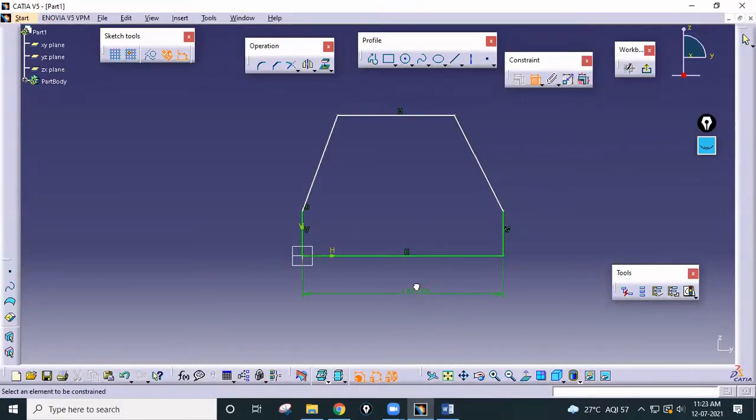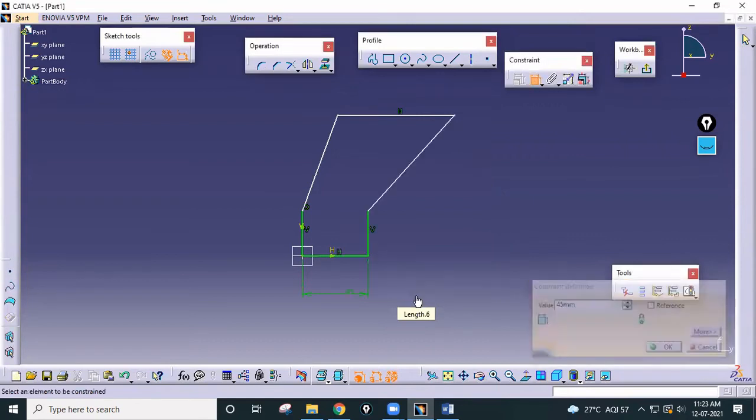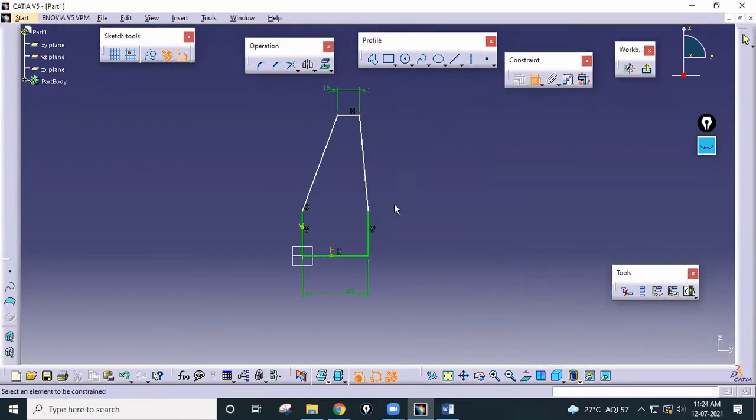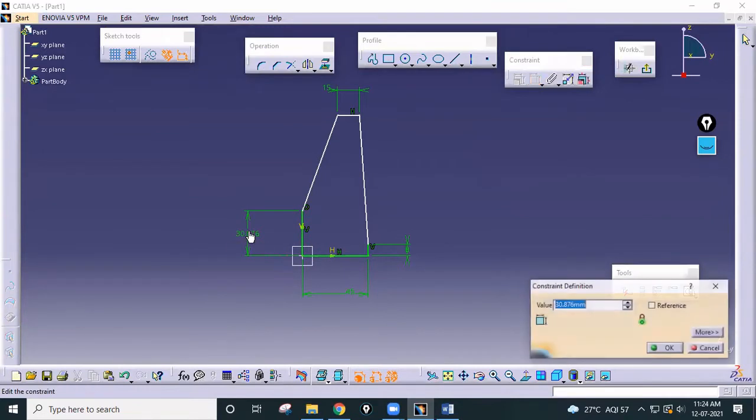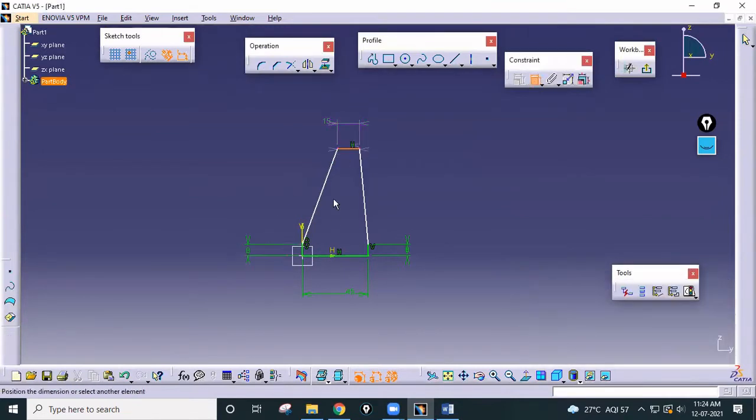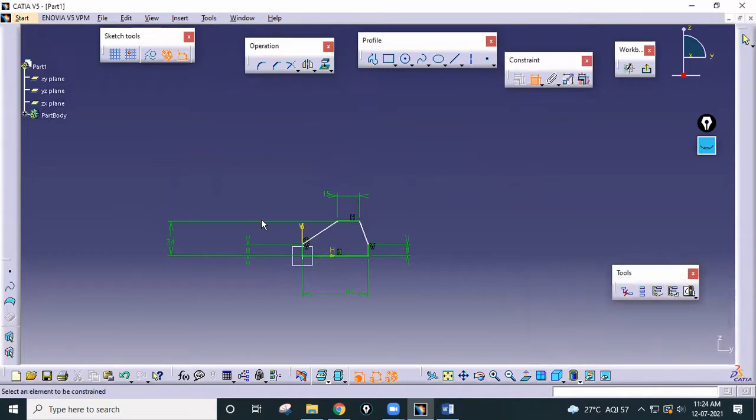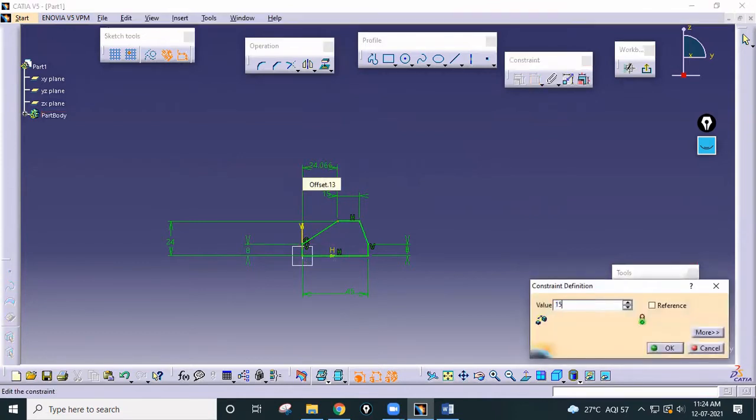So 45, then 15, this will be 8, this again 8, and this one is total 24. This middle part is 15 and the total is 45, so this distance is also 15, so enter 15 here again.